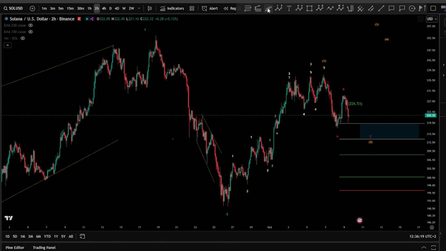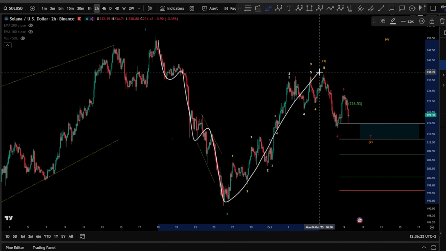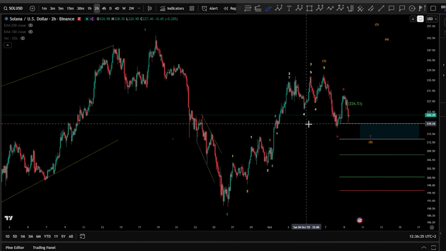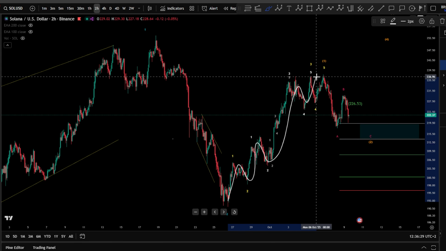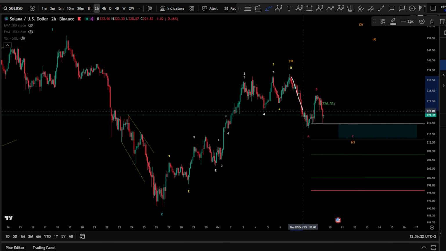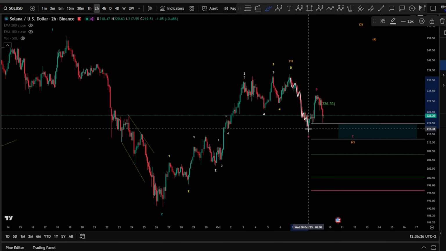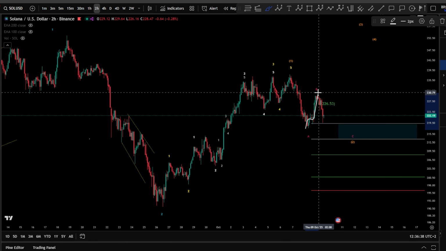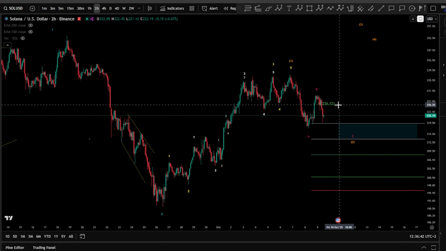And what we see after it, because of course you might be in an impulse here, and if this is going to transform to WXY, faking or mimicking an impulse here, this is a big trap. And of course, this is an impulse finished already in 1 2 1 2 3 4 5 4 5 in a wave A. Potentially the wave B was given yesterday, another trap, of course, above the 1-to-1 fib level, and